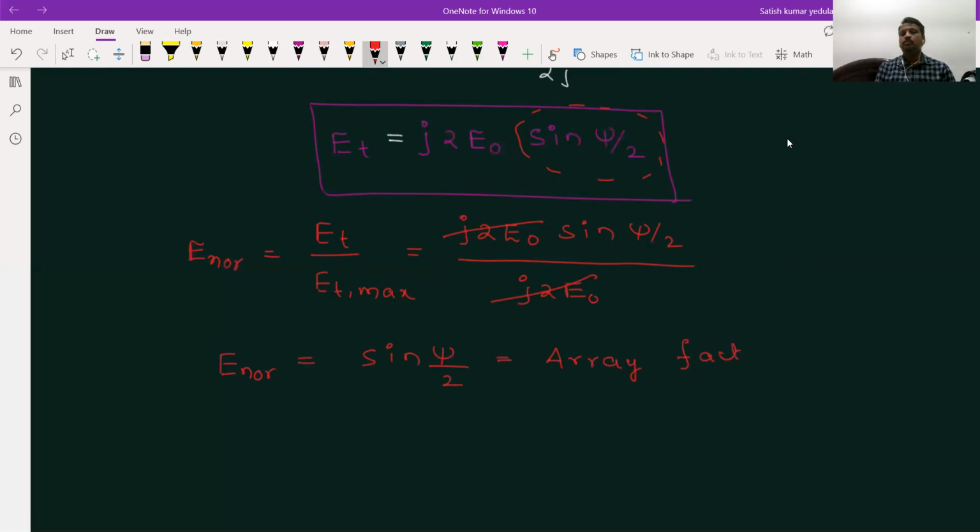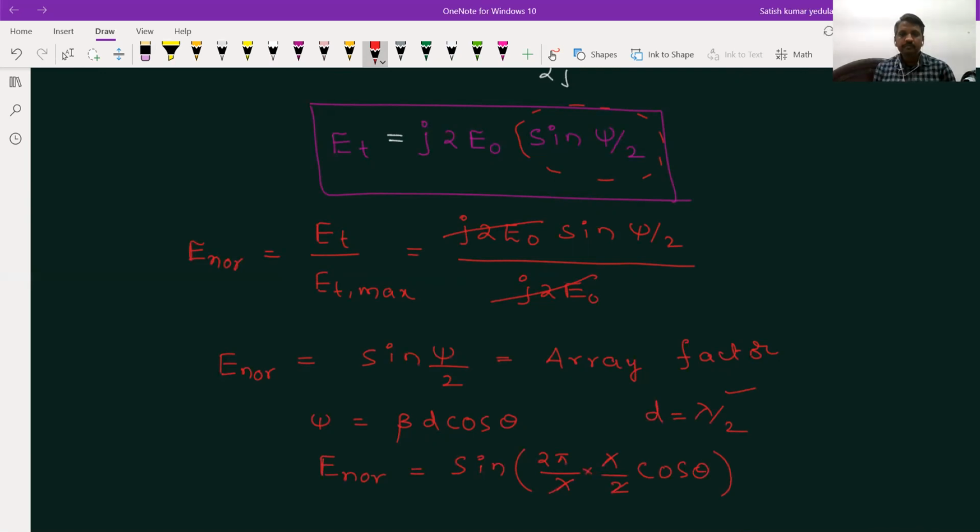But you know already that psi is equal to beta d cos theta. If you substitute this beta d cos theta in this E normalized, then what we will be getting is sine of beta d. I'll be writing what beta is: 2 pi by lambda, and d is the separation, which we always assume is lambda by 2, but it can be changed. But for the general case, we'll always be taking it as lambda by 2, cos theta. Okay, so then we will be getting the same expression,